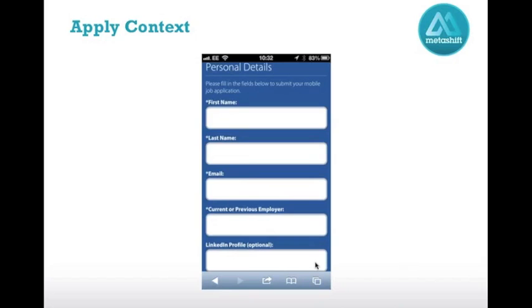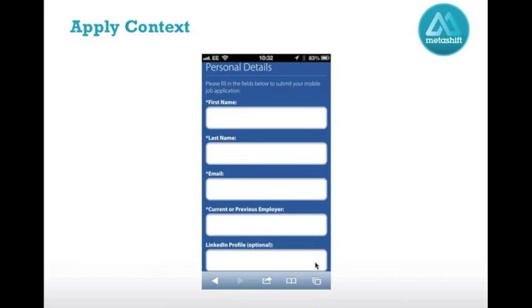And interestingly, the apply context. In this case, the recruitment team were just looking for leads. They wanted to know who had the right skills, who was interested in their organization, and they'd happily then phone them up and start the recruitment process that way. So even though a lot more could have been done, it was decided that the best context was to have a really basic mobile apply process where people put in business card level data and their LinkedIn profile, get sent to the recruitment team, and obviously it's a very strong lead for them to follow up, find out more about the person, and try and persuade them to join the organization.